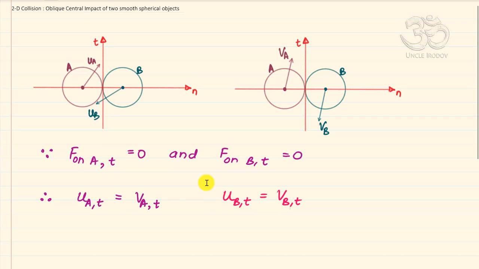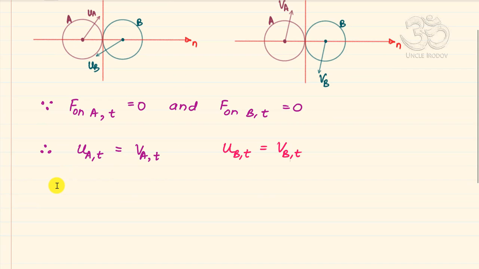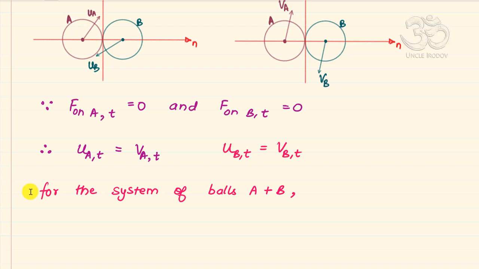What else? I can conserve the momentum along this n-axis as long as I treat these two balls as one system, because then their force of interaction becomes an internal force of the system. So along the n-axis, let me say here, for the system of balls A plus B along the n-axis,